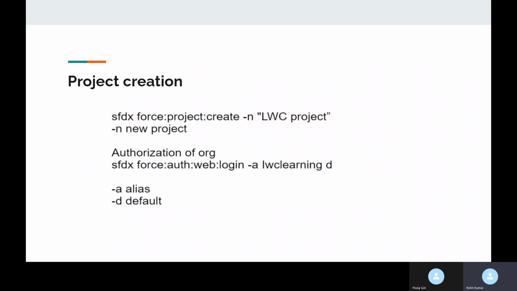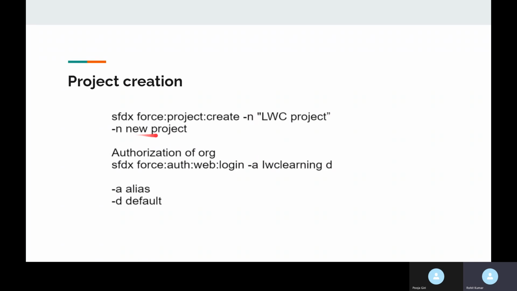And here you can see project creation: how to create an LWC project under VS Code using Salesforce CLI. There are so many commands, like sfdx force:project:create -n and then give your project name, where -n means new project name. Then you can authorize your org with sfdx force:auth:web:login, and all those things.